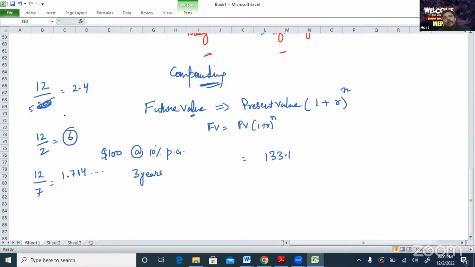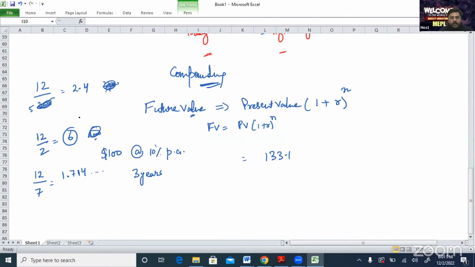Otherwise what happens is, if I choose the decimal function that I want 4 decimal digits, or 3 decimals, then what will it do here? It will give me 6.000, it will give me 2.4000 like this. But the command I have given to the calculator is that whatever its final answer is, it should present my answer in that format. As simple as that. That is something which I have done.